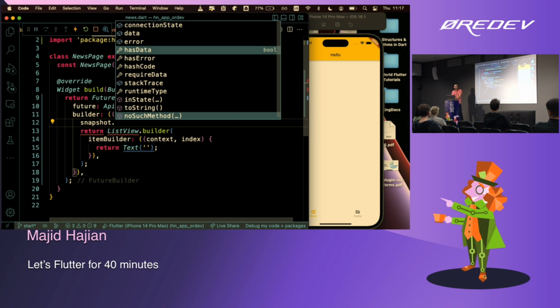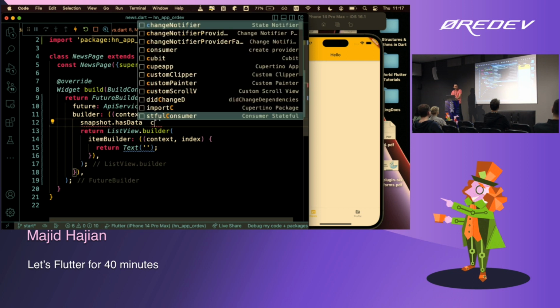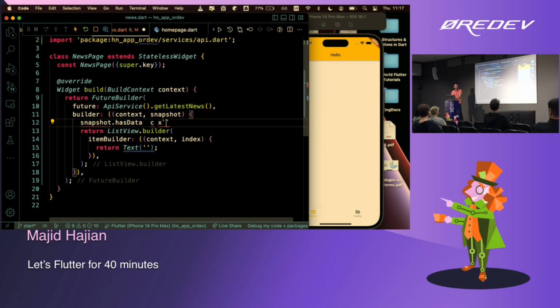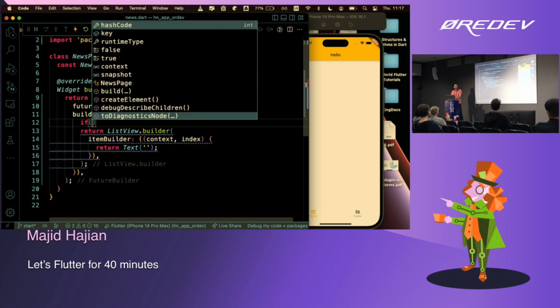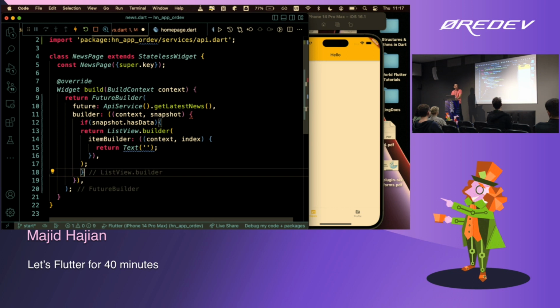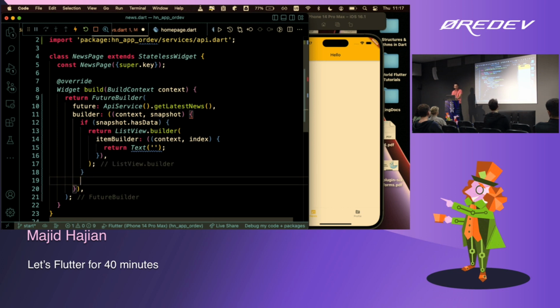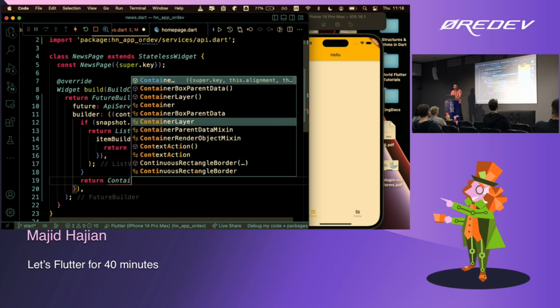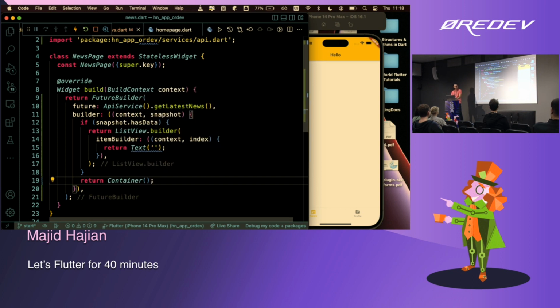So let's check that. If it has data, so let's see the if statement in Dart. If, that's the thing. And you need to make sure you return at least something for this, otherwise it throws an error. So if there is data, render builder, but if there is nothing, just maybe render a container for now, nothing. Okay? So that's the last step.